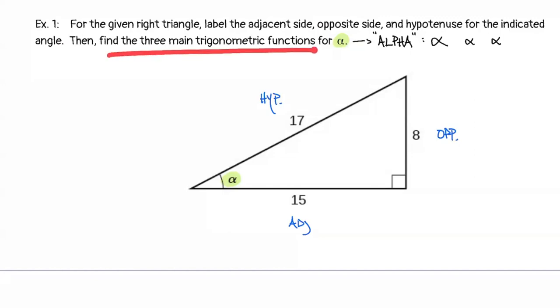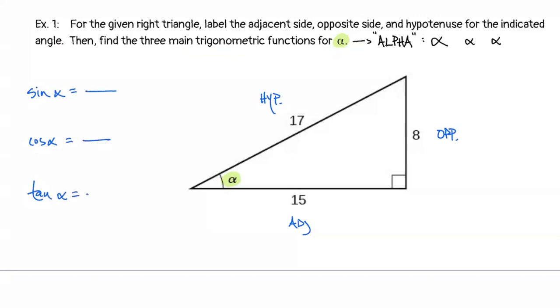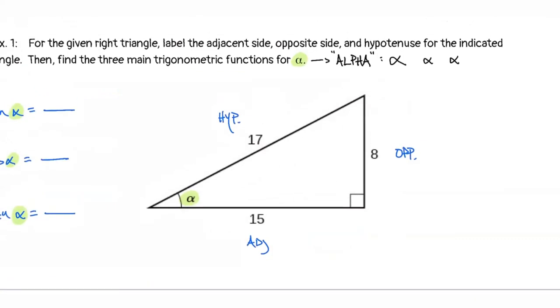We're given 3 main trig functions. So that means we're asking for sine of alpha, cosine of alpha, and tangent of alpha. And the fact that I have the alpha here is so important. So important that I'm going to show you what I will not give you credit for if you write it this way. Okay, if you write this